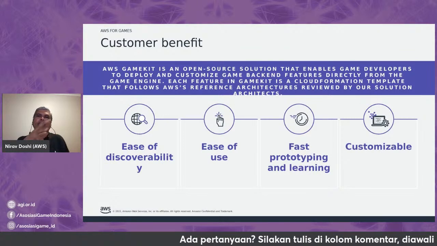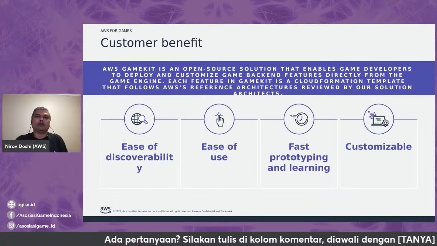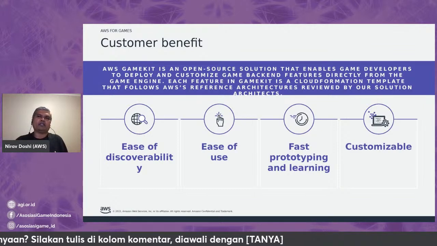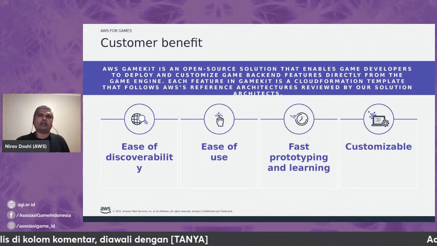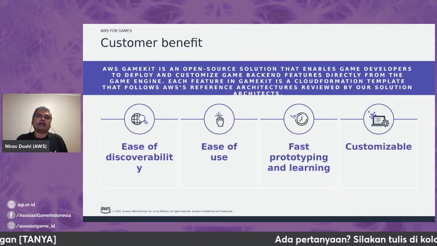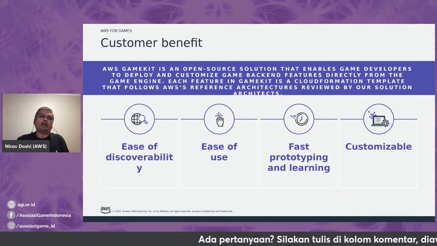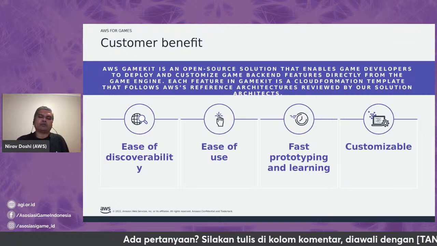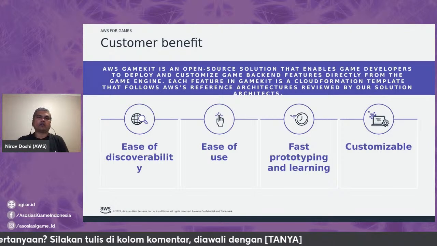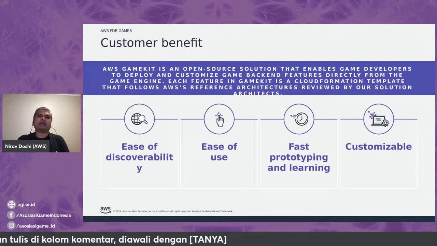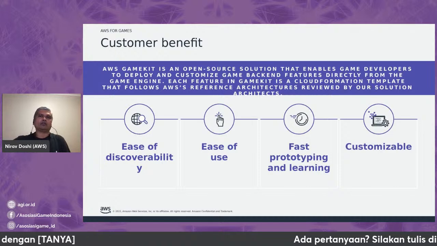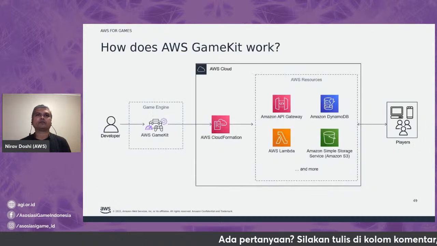It abstracts the complexities of having to connect to your infrastructure backend to do various activities like maybe storing an image or retrieving an image. This could be a screenshot that the player has taken inside the game that needs to be stored somewhere, or it has to be retrieved when the player requests it. You can just use GameKit without having to bother about creating all the rest of the connectivity to the service, authentication, and connection.